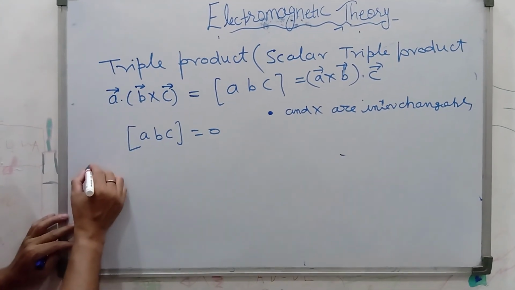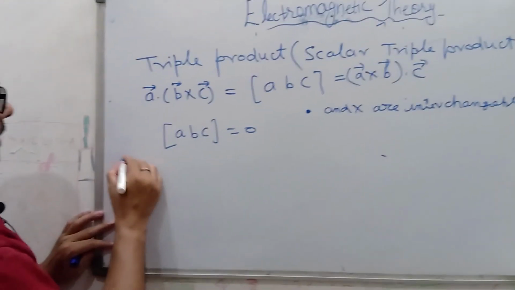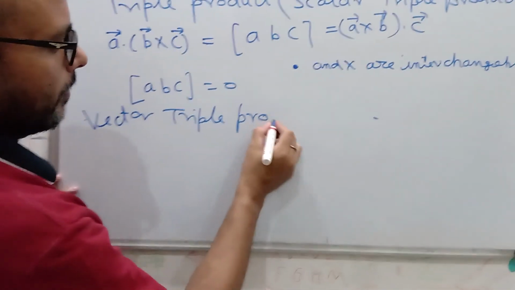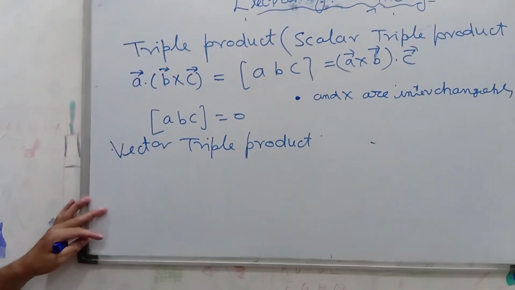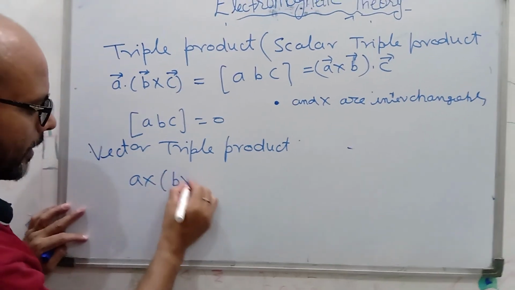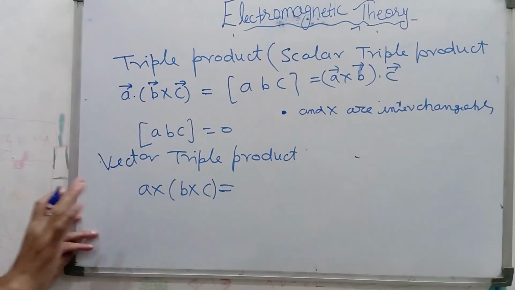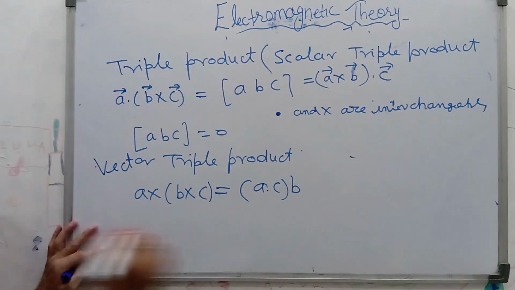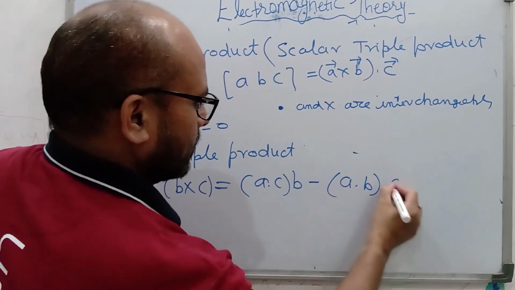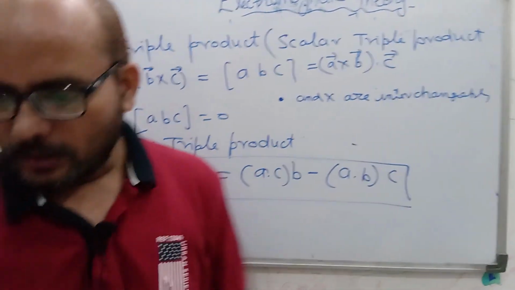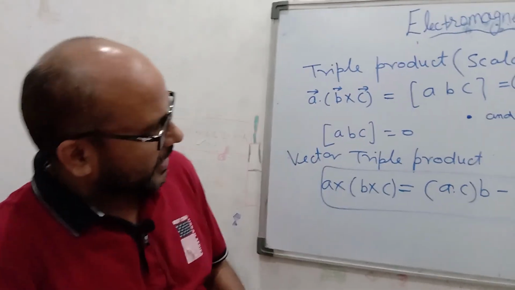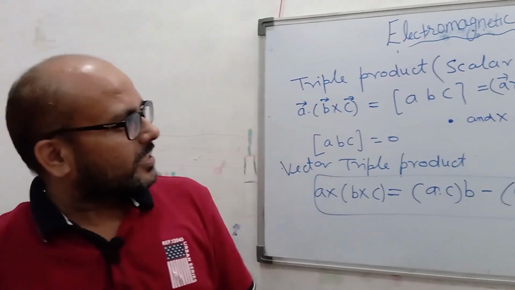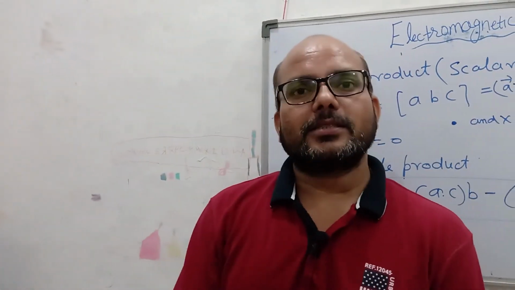Got it? There is the scalar triple product and the vector triple product. The vector triple product is A cross B cross C, which equals (A dot C) B minus (A dot B) C. So that finishes this lecture on the multiplication of vectors. Now I will discuss the next lecture, the Cartesian coordinates. Okay, thank you.